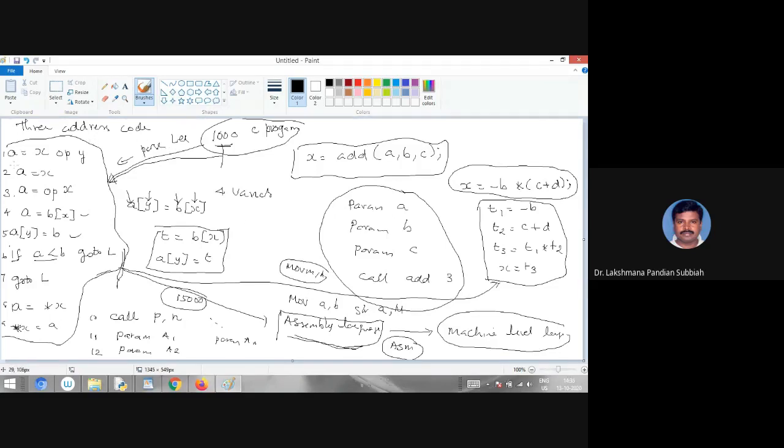Now you see this statement. How do you do that? Move R1 comma X, so the X value is moved to one register. Then move R2 comma Y. Now you have to do the add operation, add R1 comma R2. Then the result is in memory, and then you have to move that memory to A. So this is the assembly language code